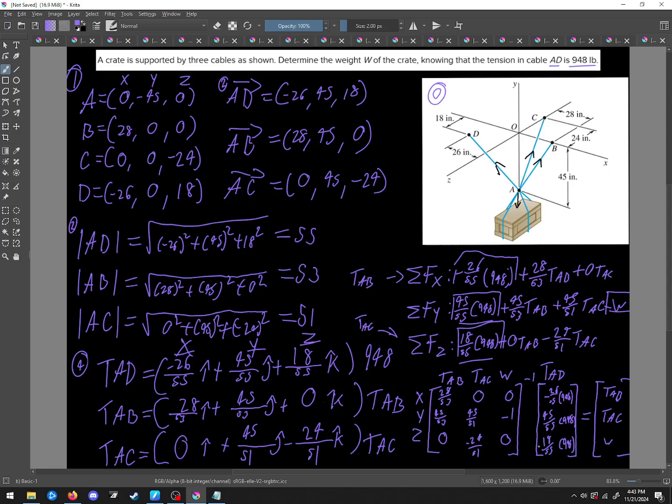All right, that should be an 18, right? Yeah, okay. Matrix A times the inverse of matrix B. And the weight that I'm getting